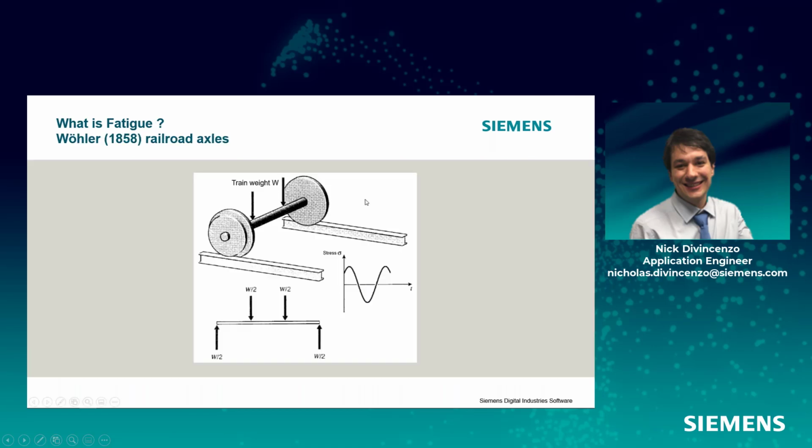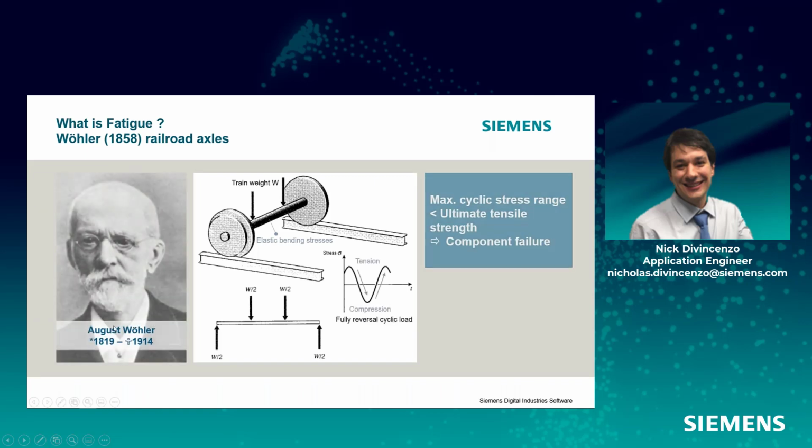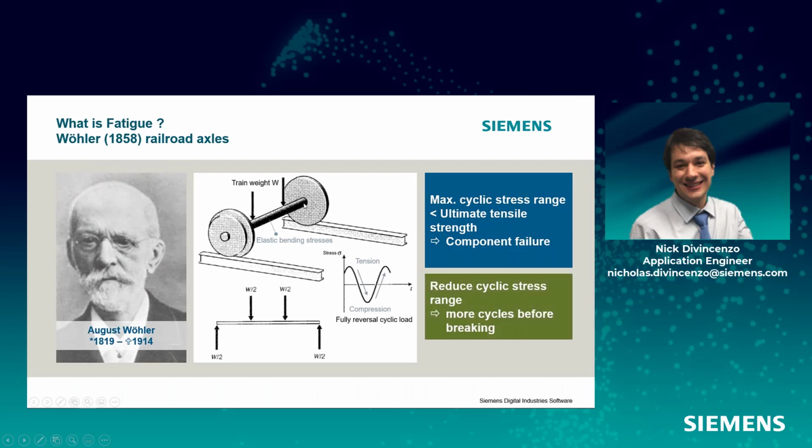And what they initially found was that the axle was designed properly. The loading on the axle was not exceeding the static strength of the material. But what this guy, Wohler, discovered was that as this axle was rotating, parts of the axle would see a positive stress. So at this location here, there'd be a tensile load perhaps. And then as the axle rotated, a different part of the bar would start seeing a compressive stress. So he noted that there were these fully reversible cyclical loadings that the axle was undergoing each time it made one full revolution.